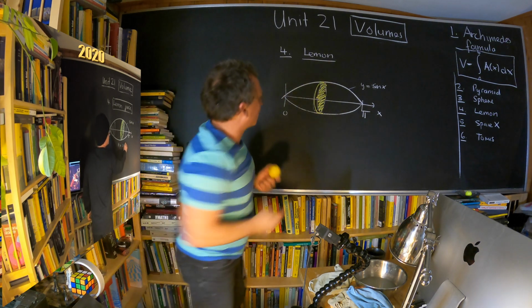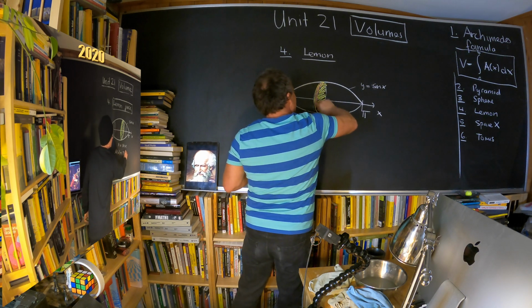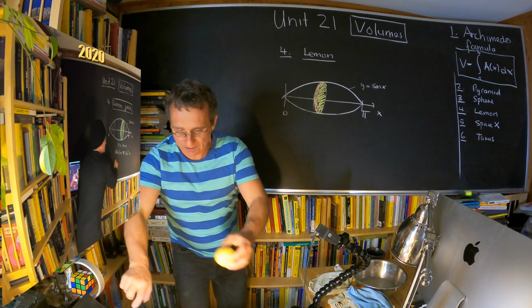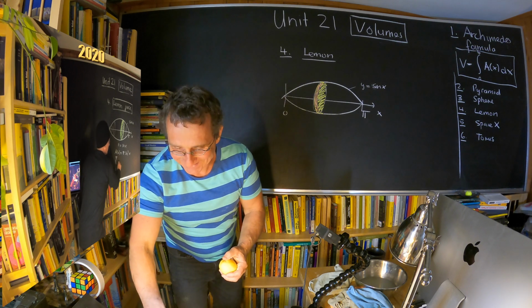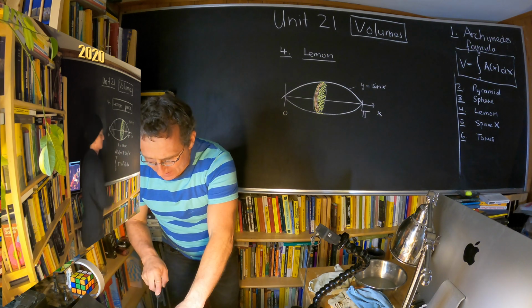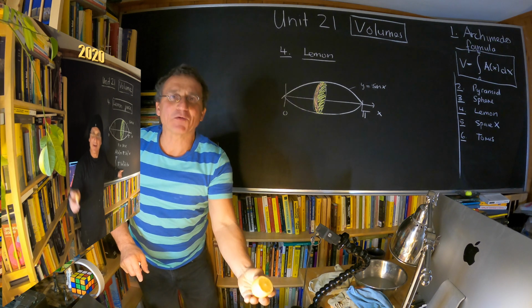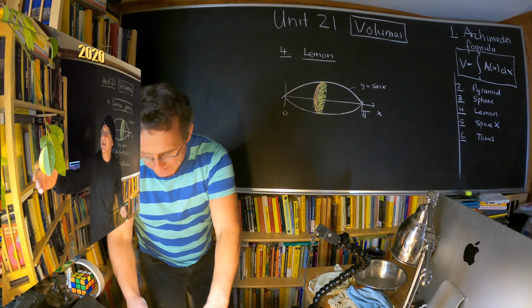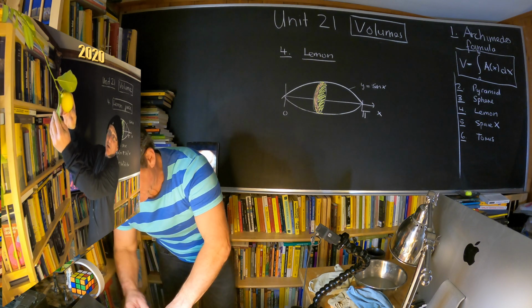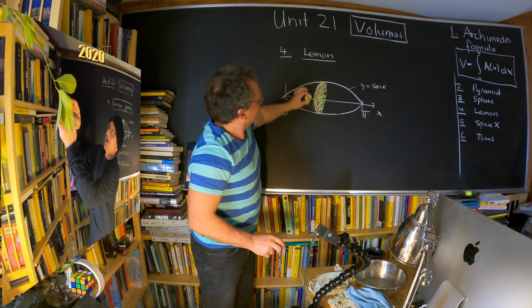Maybe I make this a little bit orange here. So we have here, let me just make a cut. Might actually put some lemon in the salad, but good. Beautiful slice of lemon. And the slice, let me just actually take a slice off here. So we have a lemon slice here. So this is the lemon slice,